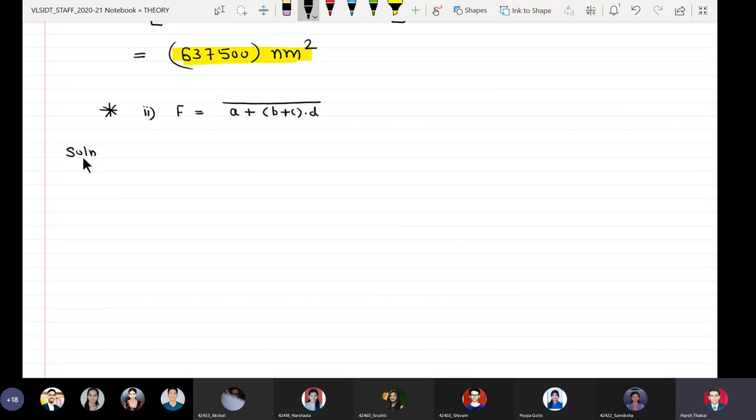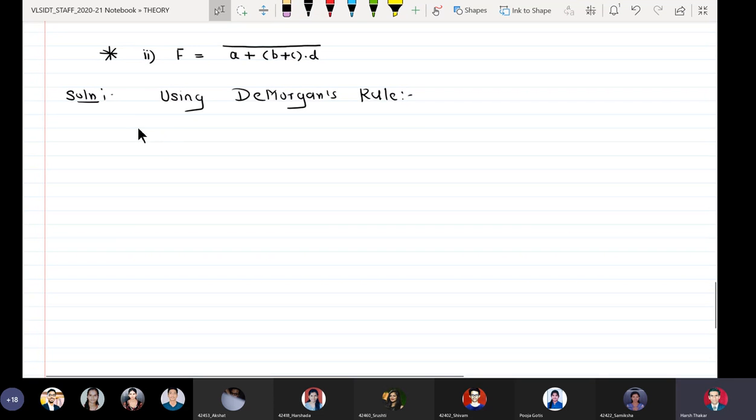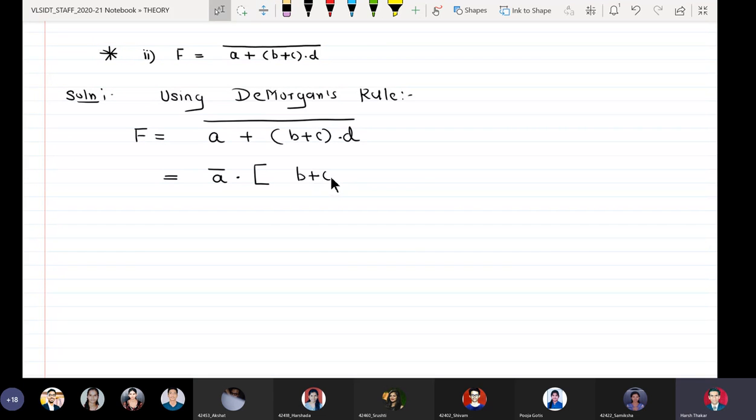So, solution. F is equal to A ORed with B, ORed with C ANDed with D, which is equal to A bar ANDed with